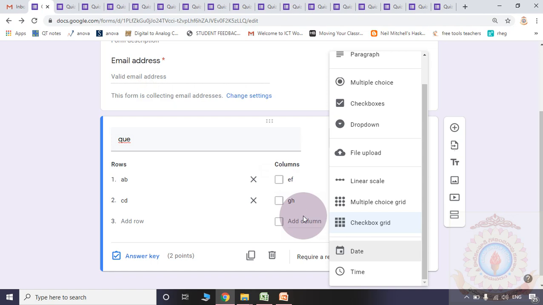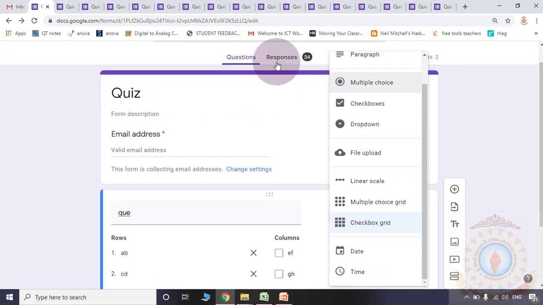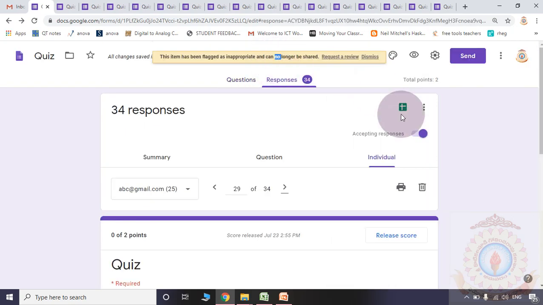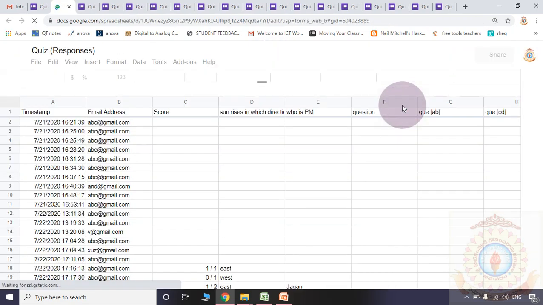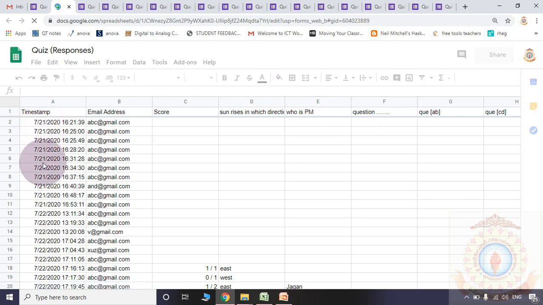Even without giving a chance to collect the data, that is not a big problem, because anyway in the responses, whenever you consider the Excel sheet, the timestamp will automatically show the date.